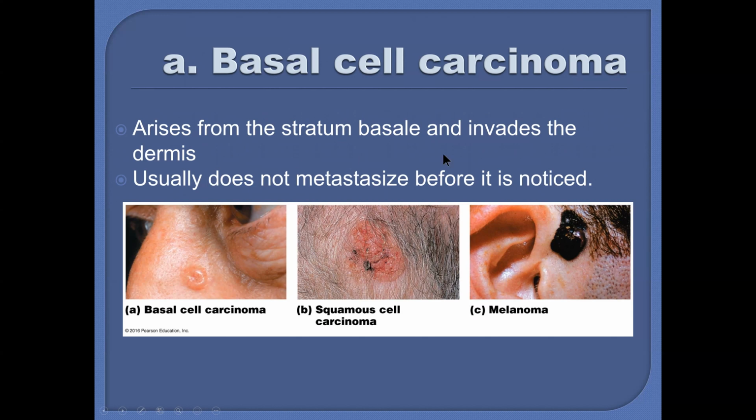These originate from the stratum basale and invade the dermis. They look like this. They're raised, they're usually round, and they're pearly. They almost 100% look like this. And if you see it's a basal cell carcinoma, if you have the capability and the privileges to take it off, you just put in a little local anesthesia around here, take about a 1 millimeter, maybe 2 millimeter margin around it, take it in an ellipse in your lines of cleavage to get the best scar, take it out, put a couple stitches in, send the specimen to pathology, and bring the patient back in a week and go over the pathology, make sure the margins were clear, take the stitches out